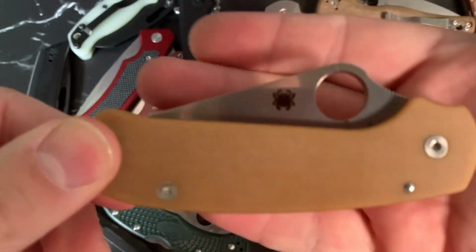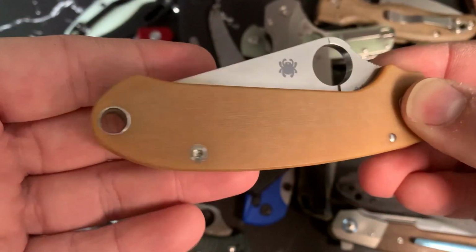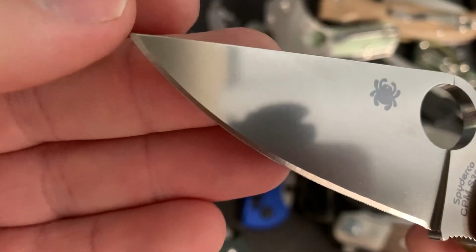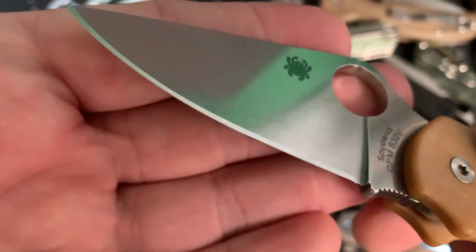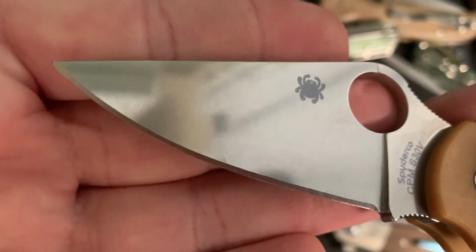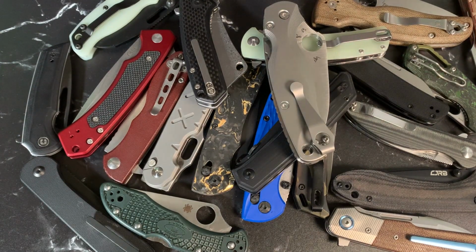Yeah, reliable. You're probably very familiar with this line of knives, so I won't belabor it too much. But probably my go-to through most of the year. It's probably got more carry than other knives. Got lots of use. It's still in pretty good shape. The blade doesn't have quite as much of a tip on it as it could. But it's been easy to resharpen, and despite having used this quite a bit, the blade looks great. The satin finish on these is slightly stone washed. I could go on about the Para 3 and what a great knife it is,